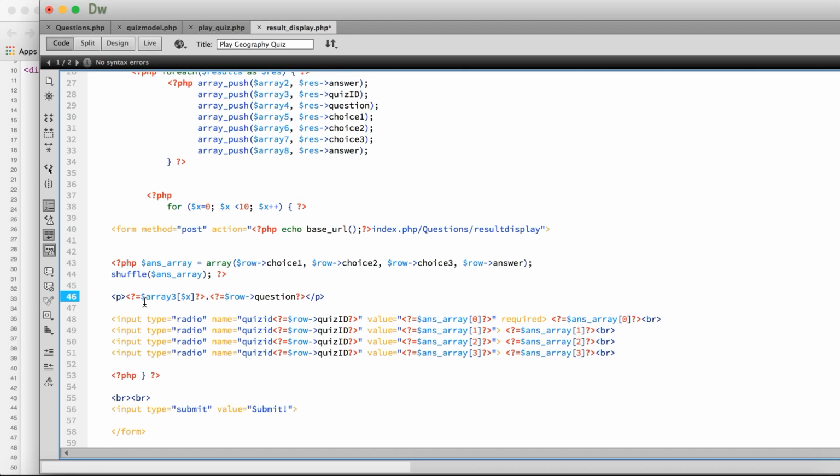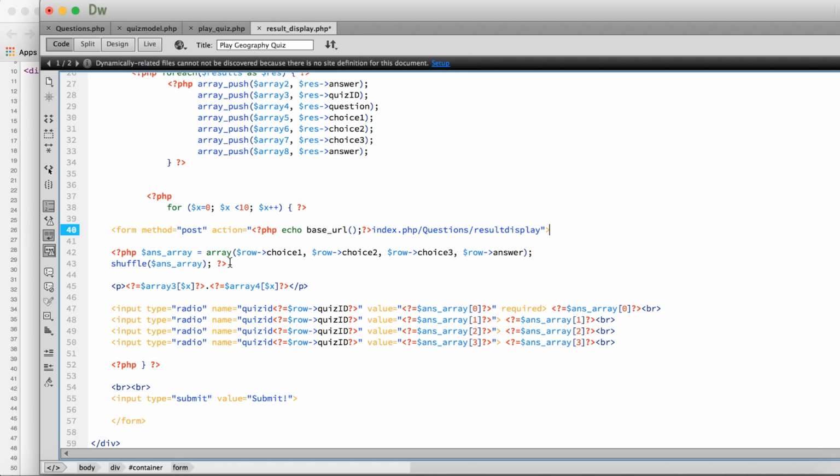And instead of doing, so last we did row and we had the data, it was taking the data array 3, and that has the quiz ID. And again, similar here. So question is array 4. So I'm going to do array 4, and again similar. I'm just going to have it as x, just like that. So basically it's going to loop around it 10 times, and every time it's going to display the data. So I'm going to remove this because as shown in the example,